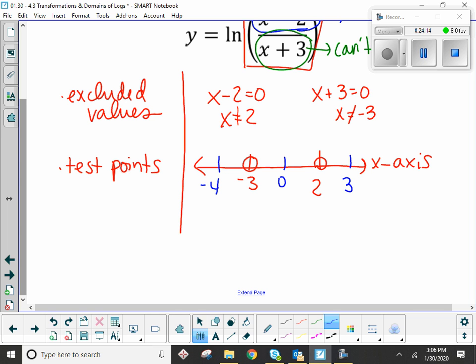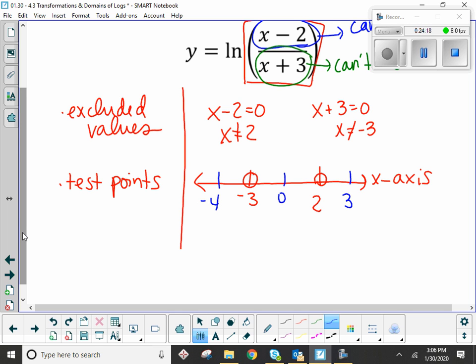Now, when you go to test it, you're no longer breaking it up into the top or the bottom. You're going back to the original thing, because this whole thing, you're trying to see if these x values would keep that whole thing positive or would keep the whole thing negative. So you have to be careful with your signs. So testing